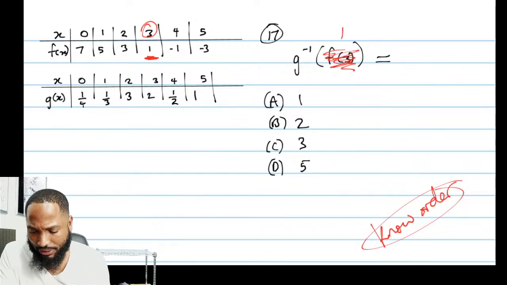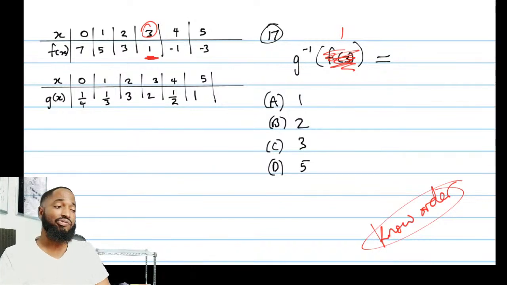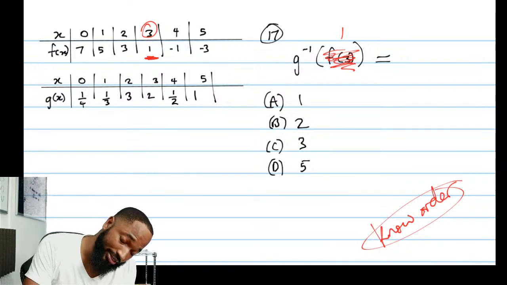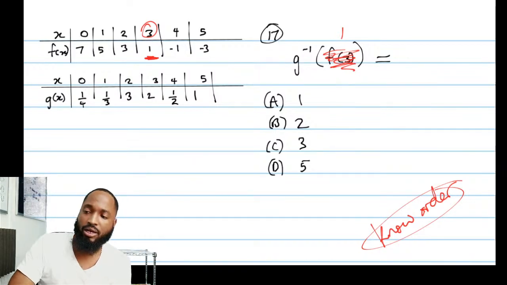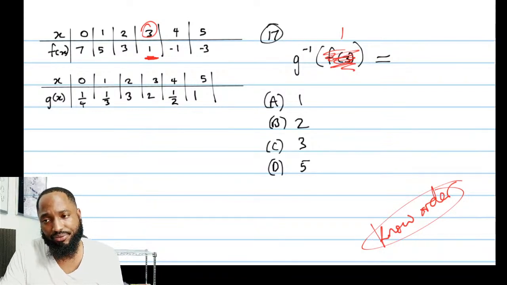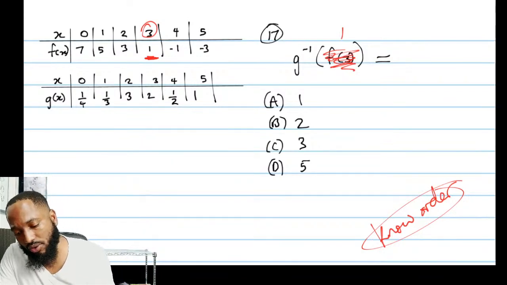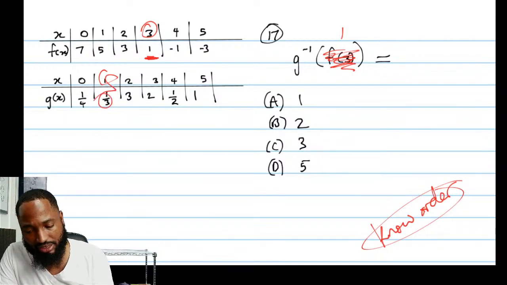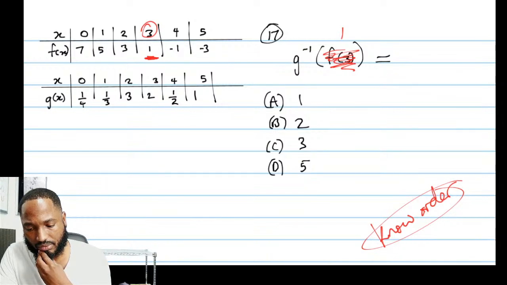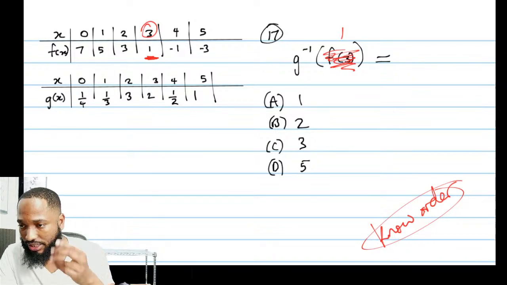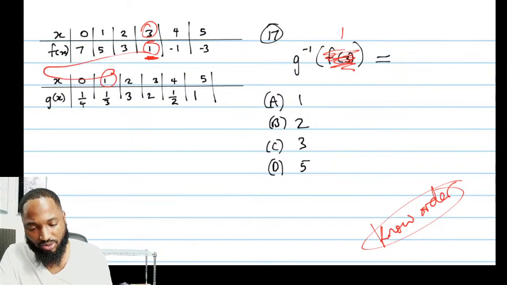I do this question properly. g inverse of 1. g inverse means backwards. So you're not going to say 1 is a third. You need to go back. So you need to start from the g of x side and figure out what is the x side. So we're starting off with the 1, right? A third would be a good distractor to put in there.